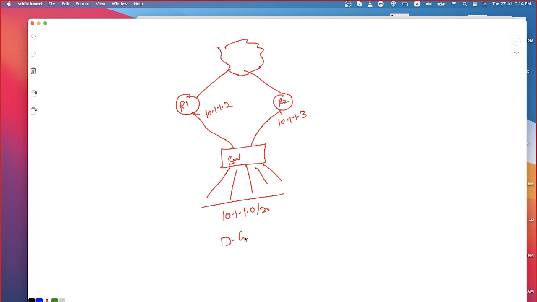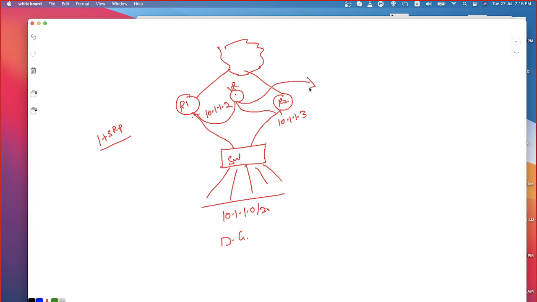Still, there is a question. The moment I enable HSRP, I have to enable it on both the routers. What will happen is, we will be able to create a virtual router. What is the meaning of virtual? Virtual means imaginary. Think like that. I have a virtual router. This virtual router will be logically identifying router 1's internal interface and router 2's internal interface.